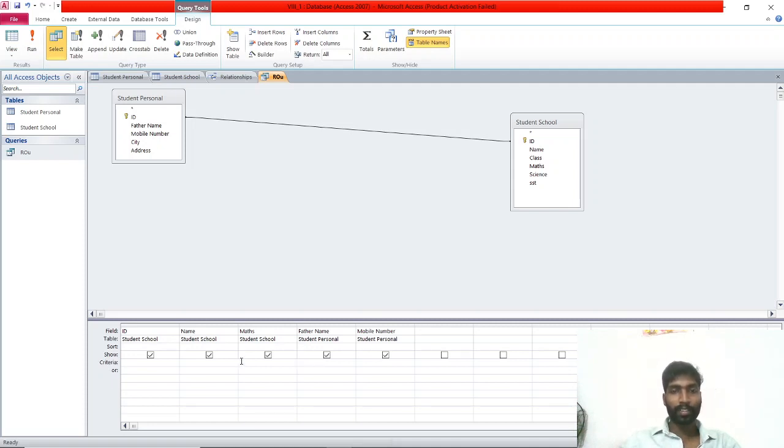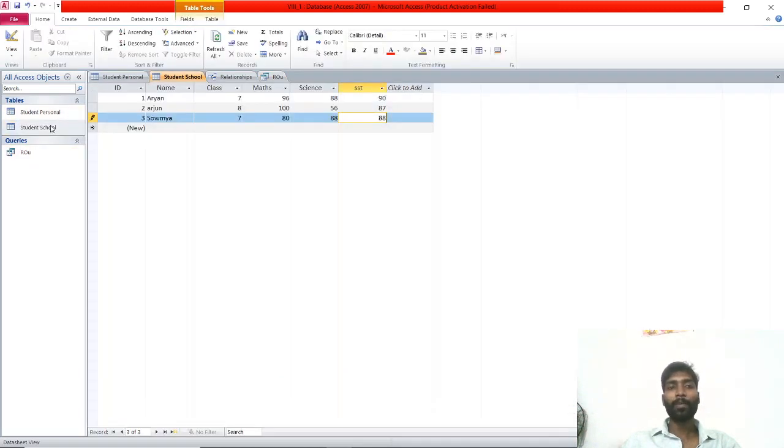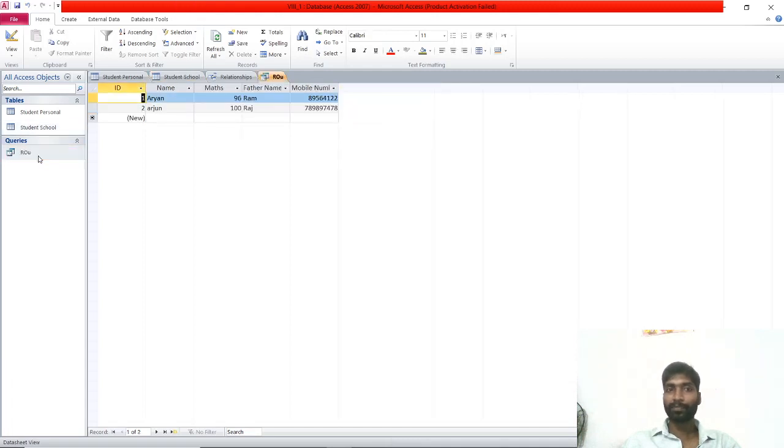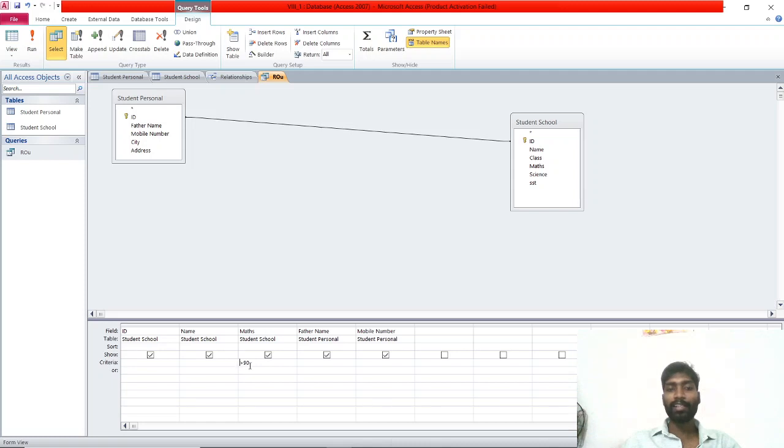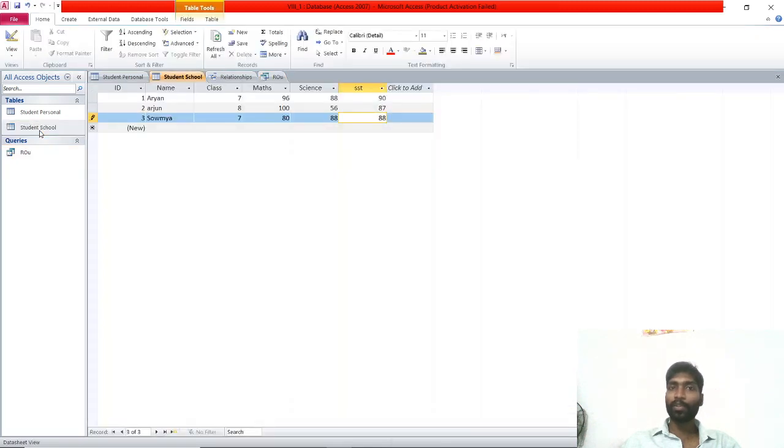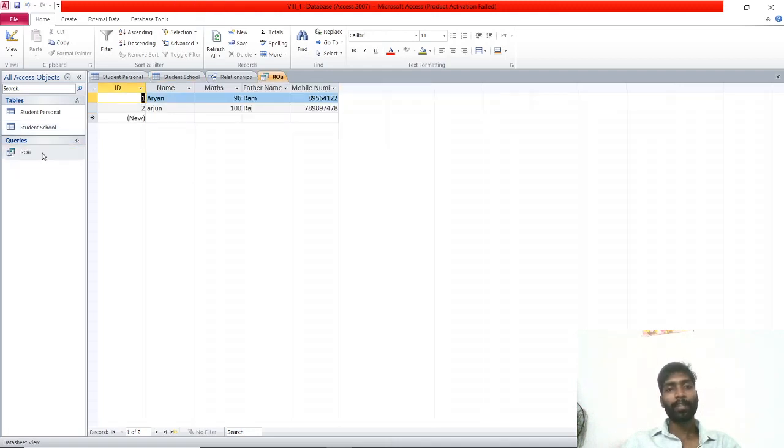In mathematics, those who have taken more than 90. Now right click, save. I saved. Before opening this table we will see how many students have taken more than 90. So only two students have taken more than 90 now. Now see, only two students are coming in a row. Means in this table we created a query. What query? Greater than 90. Okay, greater than 90. And how many students have taken marks greater than 90? Only two. See, when I am opening greater than 90.